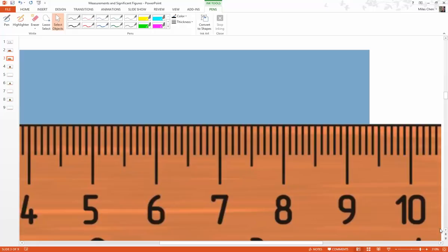Come up with what you think might be a good number. What do you guys think? All right, so we're at something around 9.35 centimeters, okay? And if you said 9.36 or something like that, that's also fine. So the idea is that we are certain